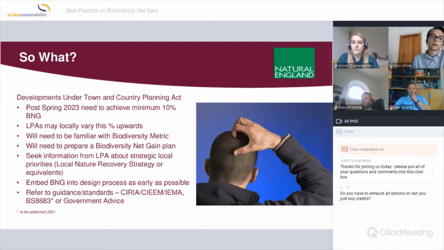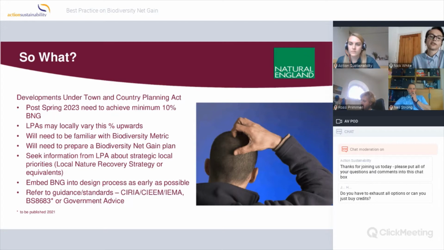Developers will also need to submit a biodiversity net gain plan alongside their net gain calculations. Planning authorities should provide information about where their strategic biodiversity priorities are. Ultimately, that will take the form of local nature recovery strategies, but there may be other equivalent documents in place that are used in the interim, such as green infrastructure strategies or biodiversity opportunity areas.